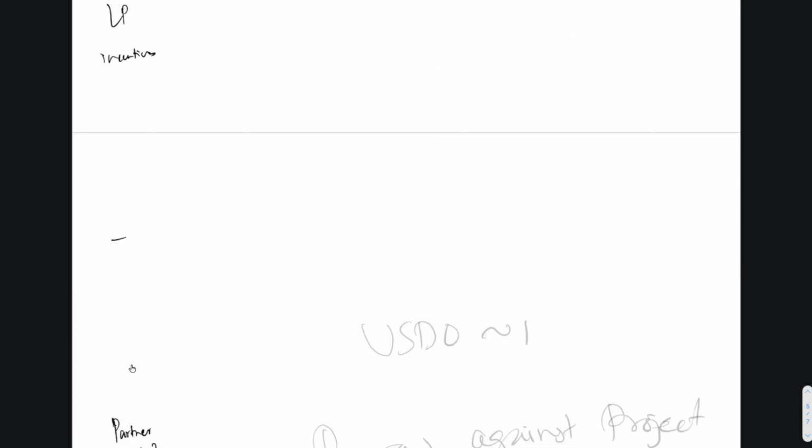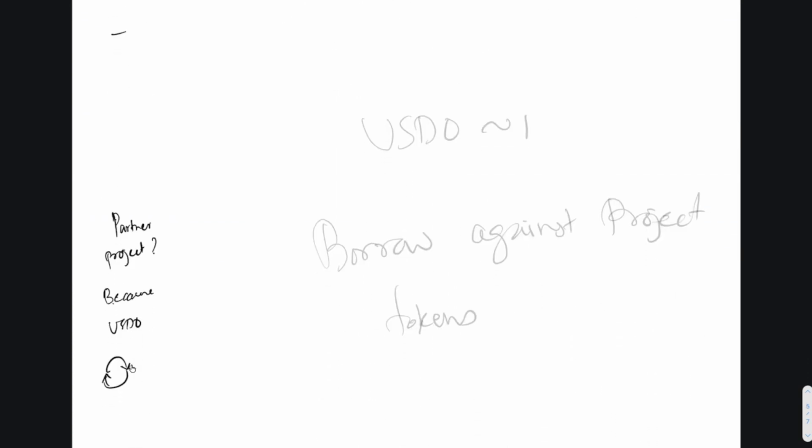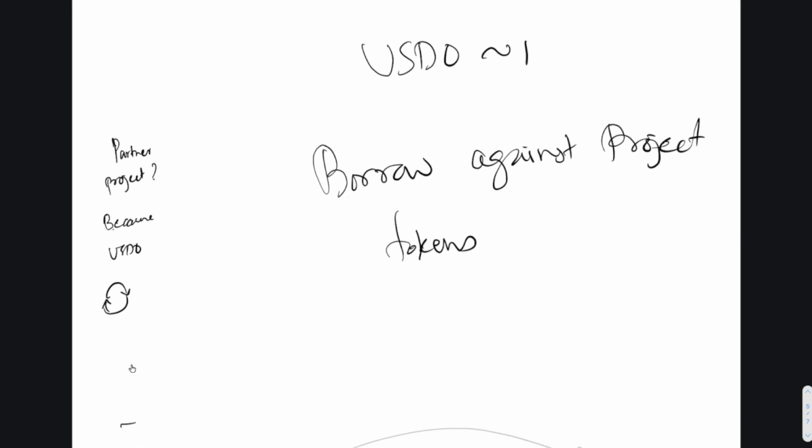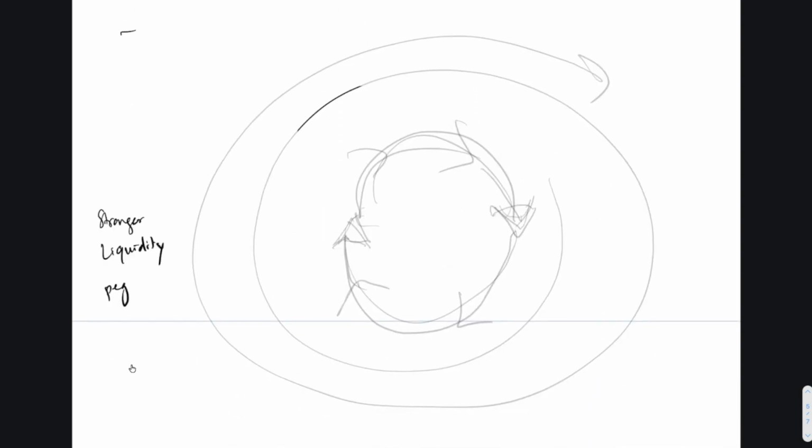And why would partner projects provide incentives? And the answer is, as long as USDO is at $1, they can effectively borrow against their treasury, and their project token holders can borrow against their tokens. Which means that there is a reason for people to not sell them if they needed cash. And that's a win-win for the project partner as well as us,